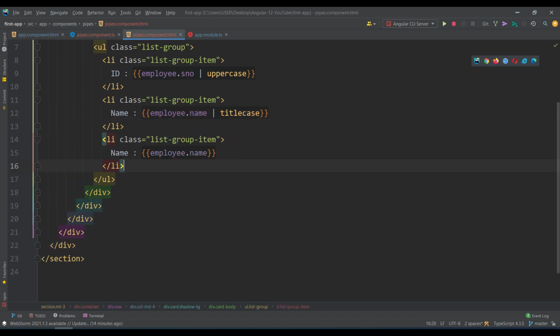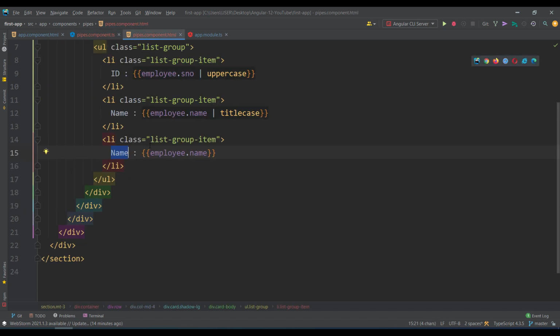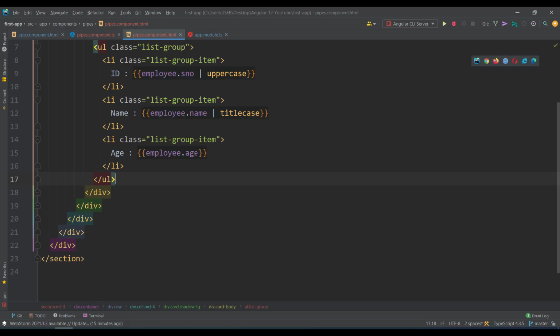Next, after name, what do we have? Age. Let's take the age. If I say age, what happens? 35 has come. Generally, this number you can also convert into some perfect format, like two digits dot three digits. You can convert it using the number pipe.